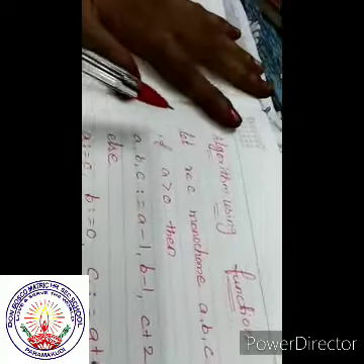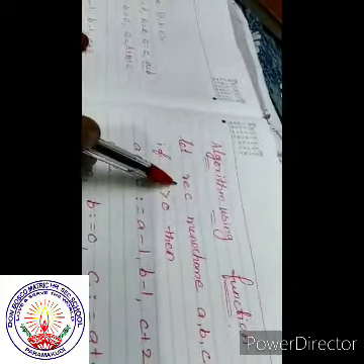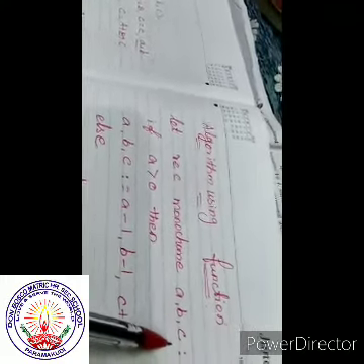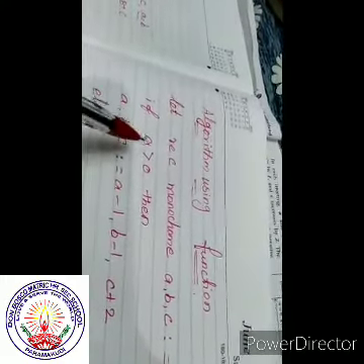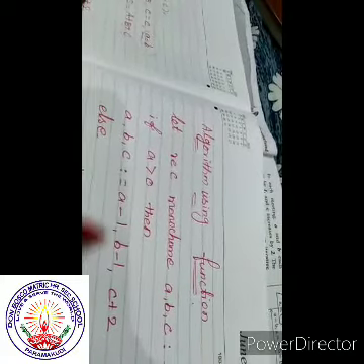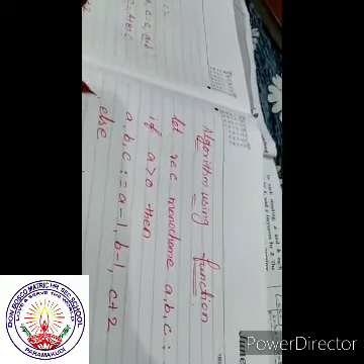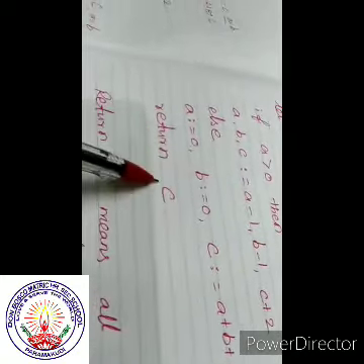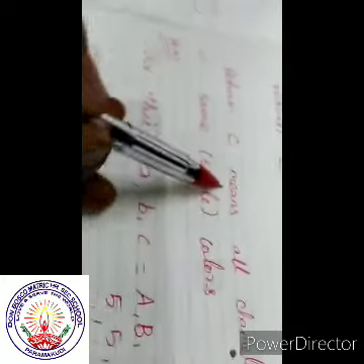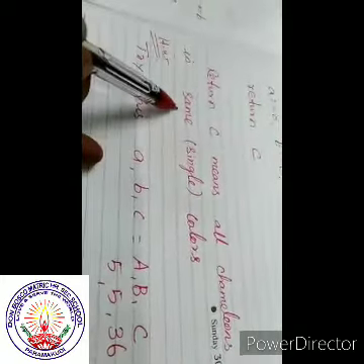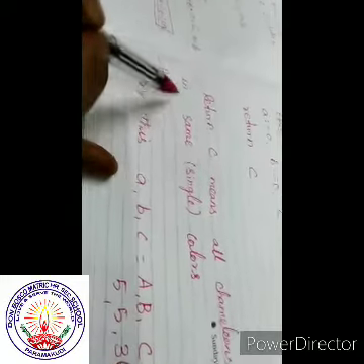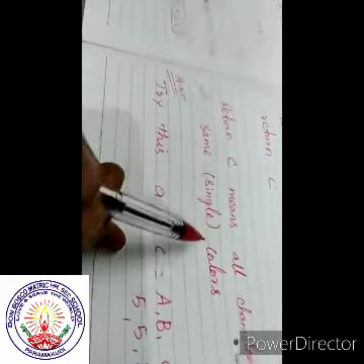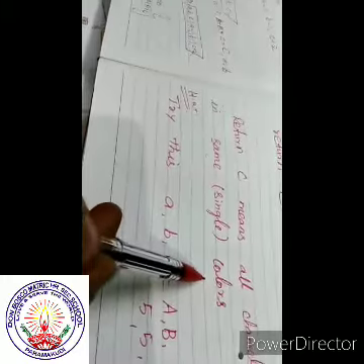So please listen to the algorithm using a function. Let rec, the function name, 3 arguments, condition checking. A greater than 0 means this process goes on. If the condition is false, the else part runs: a and b equal 0, c equals a plus b plus c. Then return c. Return c means all chameleons are the same color. A, B, C are all the same color.